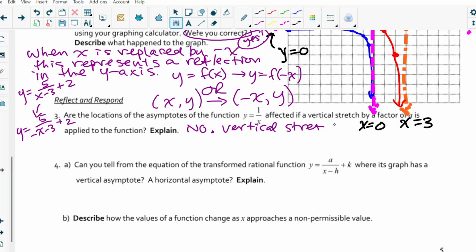Vertical stretch does not affect the asymptotes